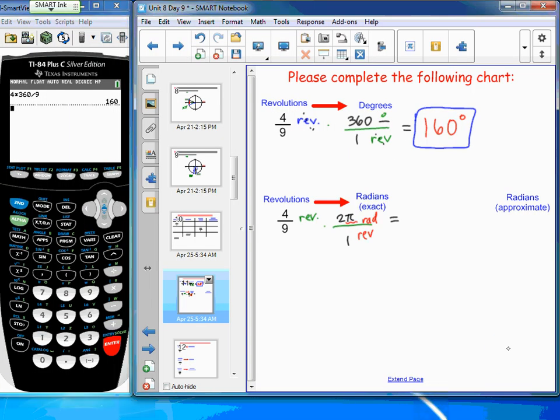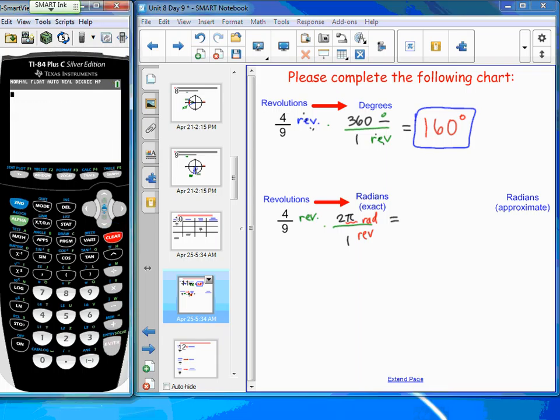However, for those of you on your quiz where it's not working out so nicely, you could do 4 times 2 divided by 9, and then you could do math frac, enter, and then put the pi back in on top manually. So if you are in a bind and you're using your calculator, then you can always change it back into a fraction if you leave the pi out of your calculations. In any case, we generate 8 pi over 9